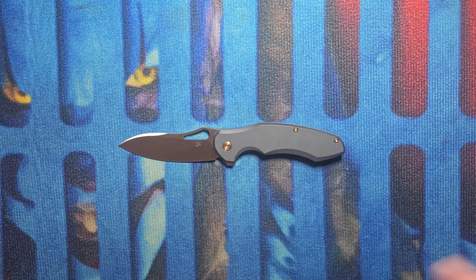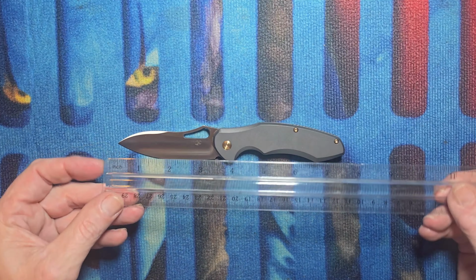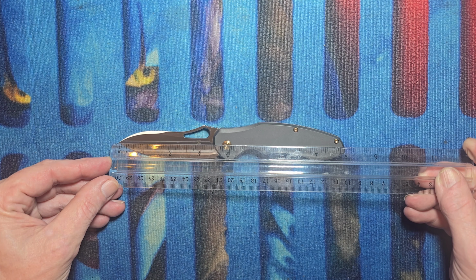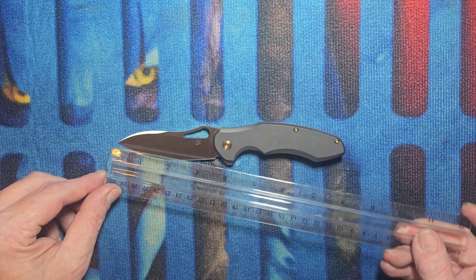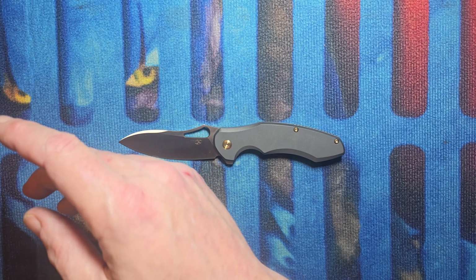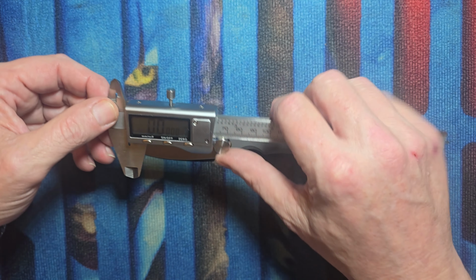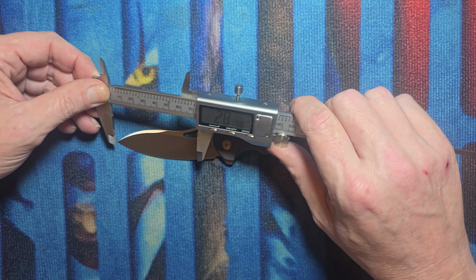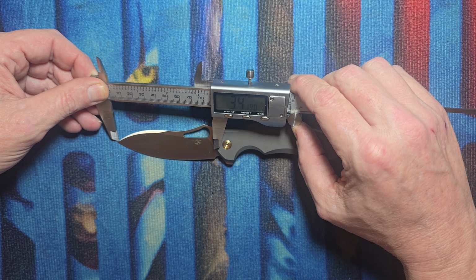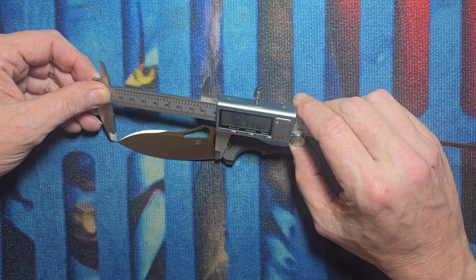Let's get some dimensions on it here. Let's see, overall length. That's in centimeters. We're in America. 7 7/8 long, and then the blade length cutting edge is at least 3.5. Let's see. Blade length is actually, zero it out here. Blade length from the tip to the front of the scales here. Right back here,